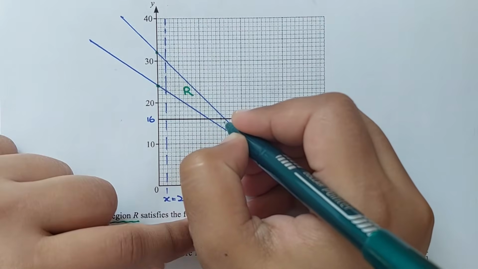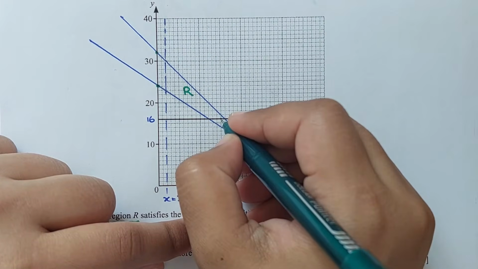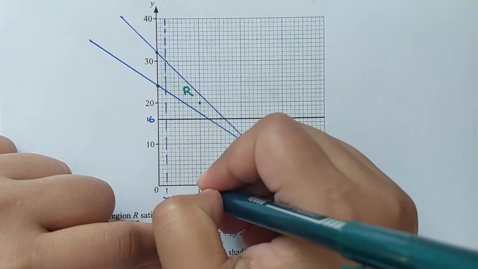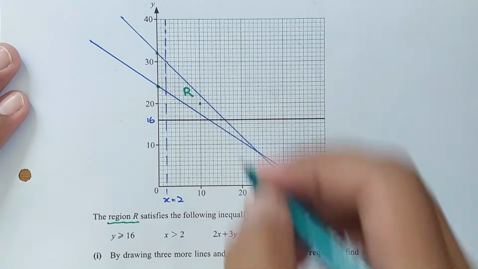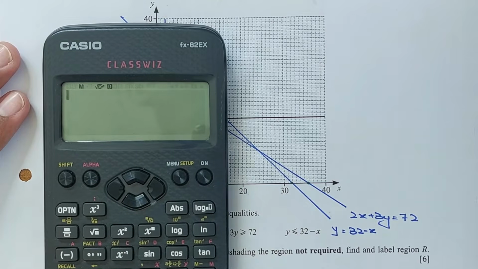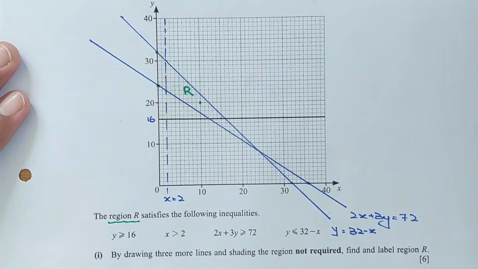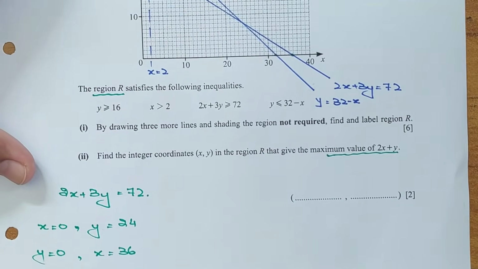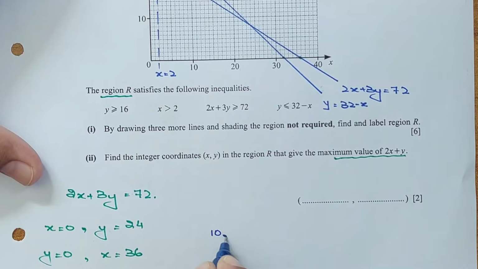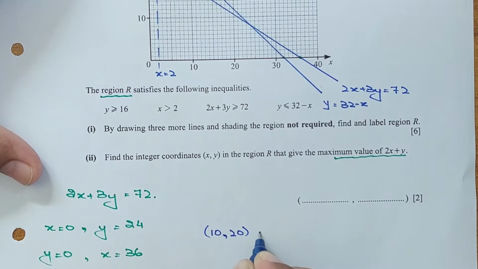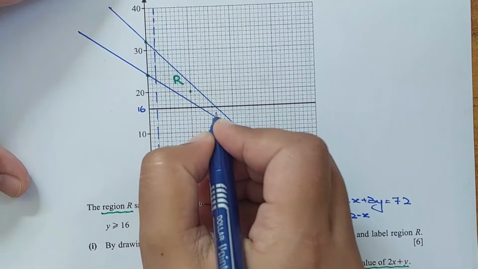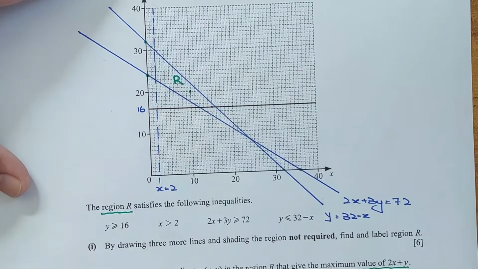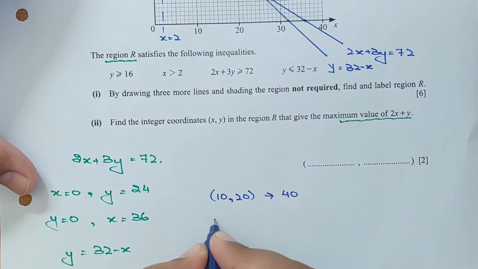This is 15. You can check on as many points. At this point you can take x is 10, y is 20, right? Let me check at 10 and 20. When x is 10, 2 times 10 plus 20 is 40, right? So at 10, x is 10, y is 20, the answer is 40, right? Okay, if I have this point, 15 and 16, x is 15 and y is 16,